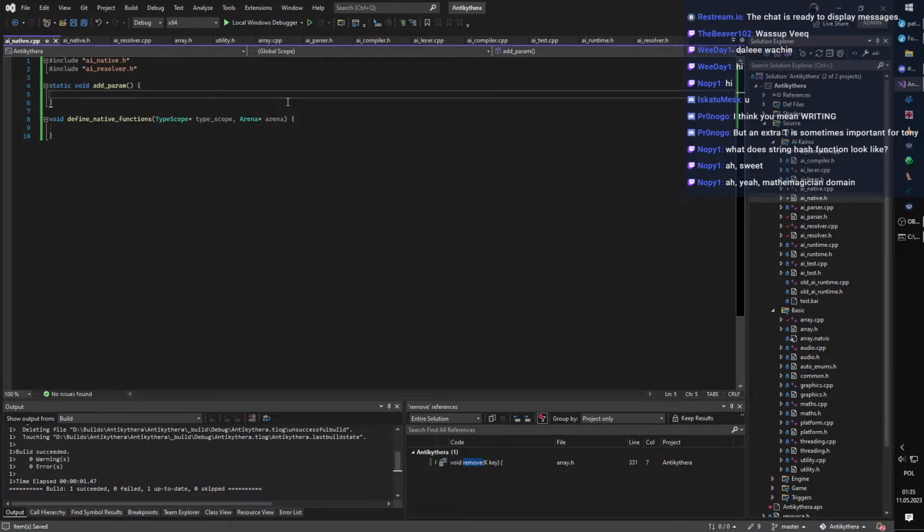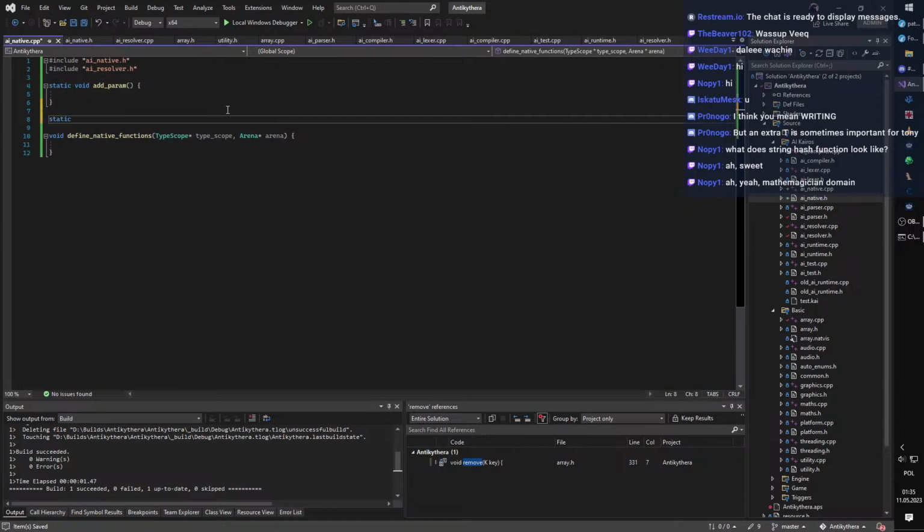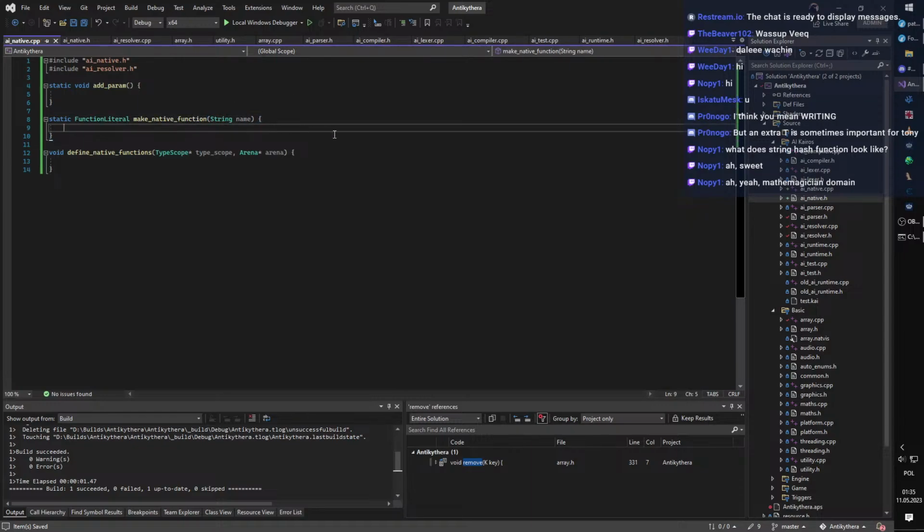And now what we need is static for make native. So this is probably a function literal, right? Make native function. I'll say the name, right? And what we'll probably have to pass here is all of that garbage. Right. Okay. And now what we'll do is